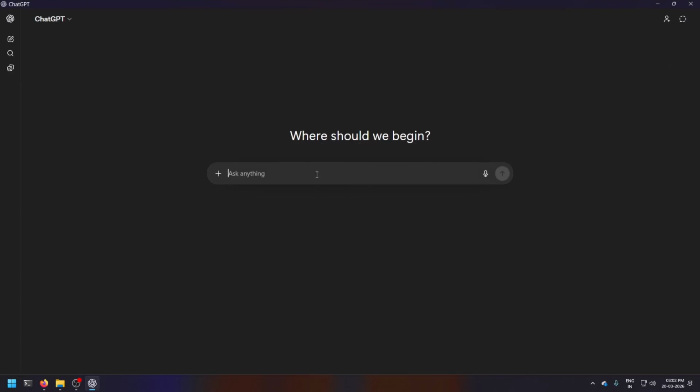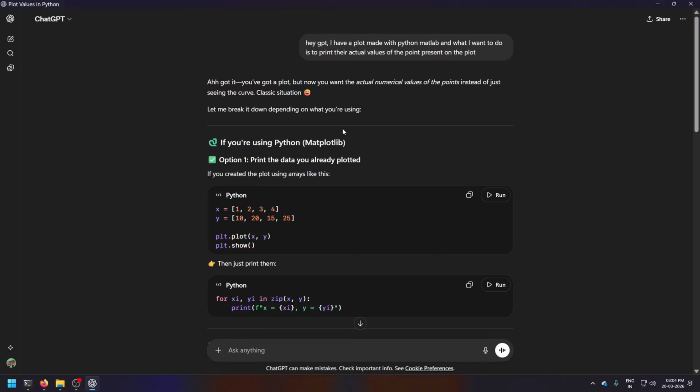Hey GPT, I have a plot made with Python matplotlib, and what I want to do is print the actual values of the points present on the plot.